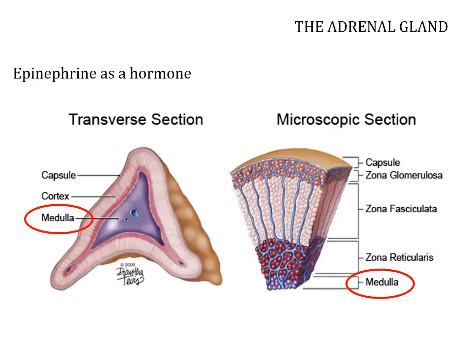Remember, our definition of a hormone: a substance synthesized and released from one organ into the bloodstream to have physiologic effects on other distant organs. So when the adrenal medulla synthesizes epinephrine, releases that into the bloodstream, and then that epinephrine has physiologic effects on organs outside of the adrenal gland, epinephrine then fits that basic definition of a hormone.